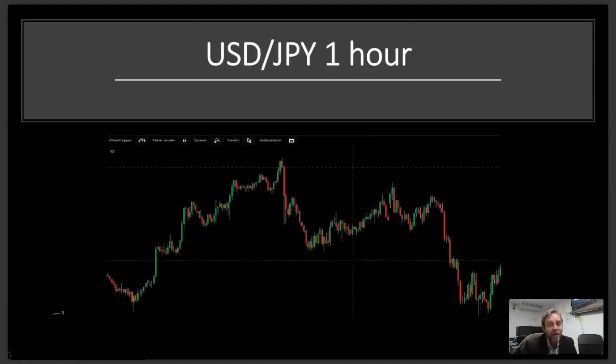This is the USD Japanese yen on 1 hour. This time, let's just make that pattern for ourselves. Shoulder 1, bounces off it, forms a head, comes back down. Then we can see the neckline, bounces off that neckline, forms shoulder 2, comes back down to the neckline, and then we see it breaks through the